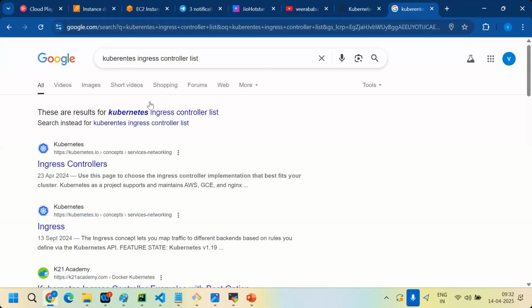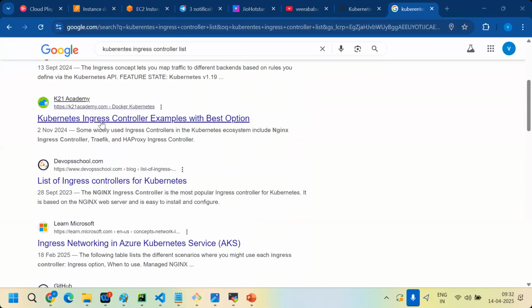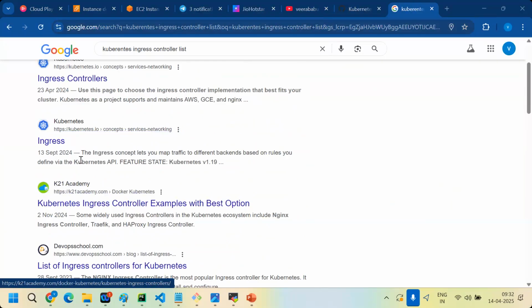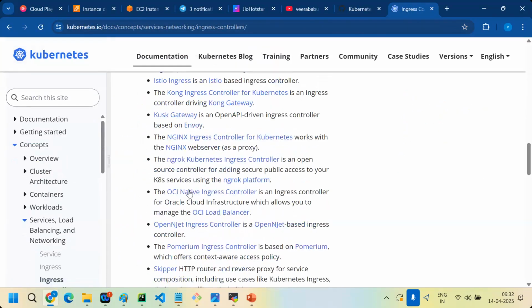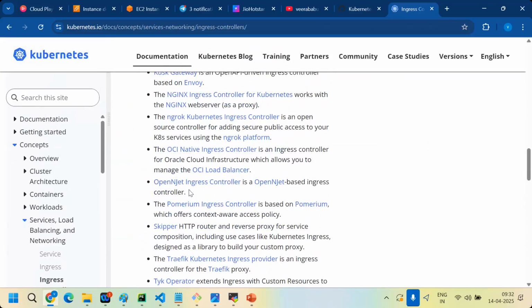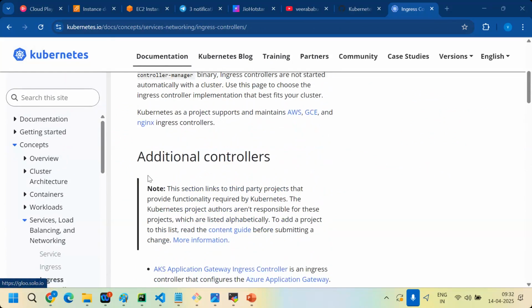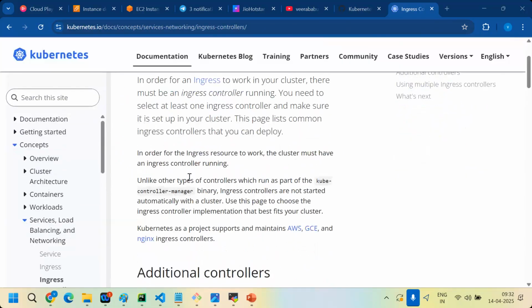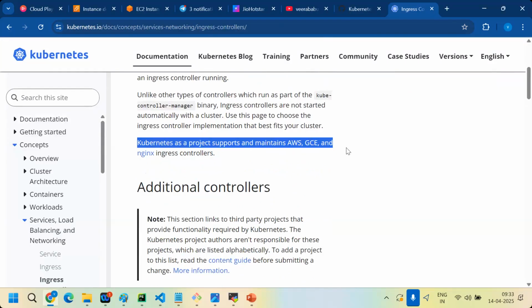So if I go for a Kubernetes ingress controller, yeah, ingress will create a load balancer. Correct. So for the ingress controller, there is also the AWS load balancer controller.